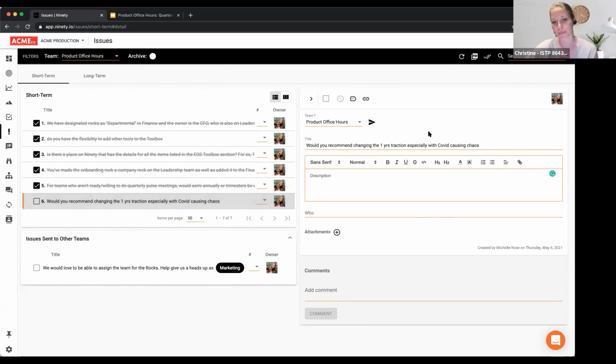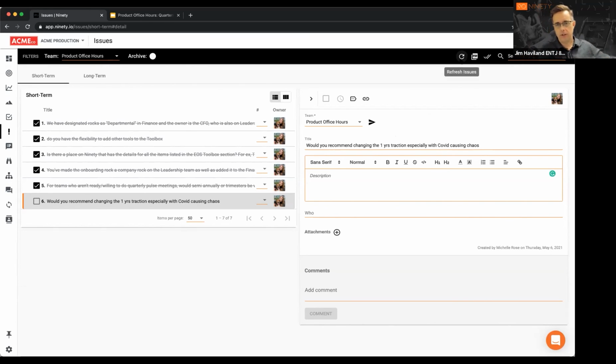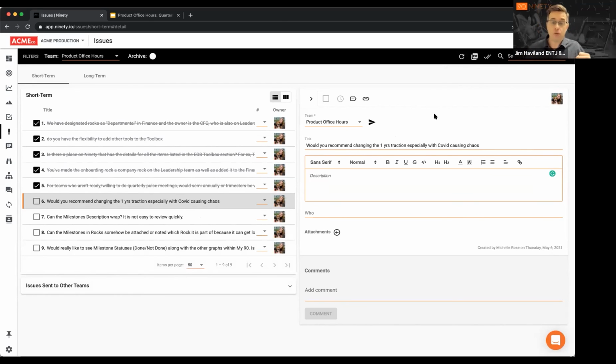All right. And then would you recommend changing 1-year traction, especially, okay, so this is kind of getting into the VTO, like would you shorten that time frame essentially? Yeah, I mean, so purity around looking at the VTO and the components of it that are smart, right? The 10-year target, the 3-year picture, the 1-year plan. Purity says, and why with a quarterly we go to the traction side, is you're really mostly concerned with what this quarter is going to do to get us to our 1-year goal. You're not really rethinking your 3-year picture or your 10-year target. That said, when things really go into chaos, you do what's most appropriate to make the business run well.